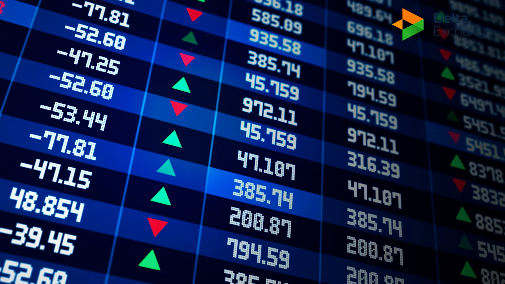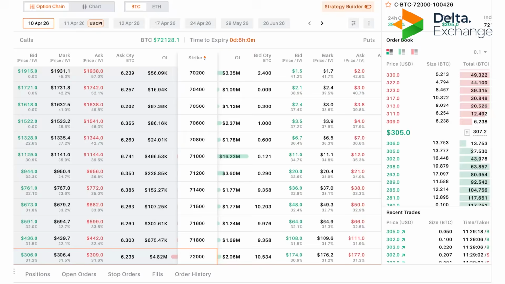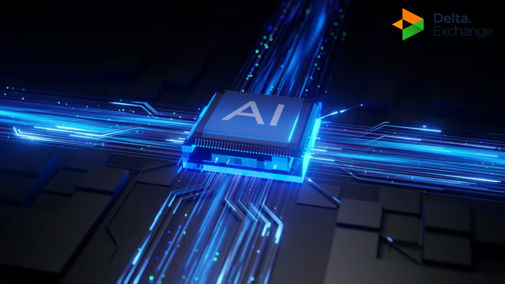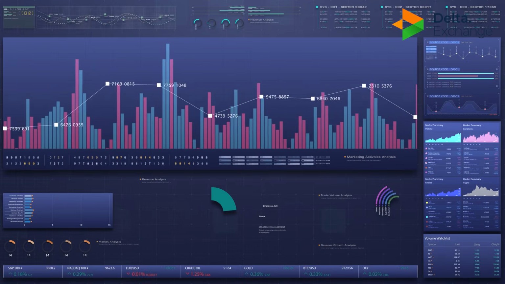For most of the crypto traders who specifically trade in options, even though there is a daily expiry, they could find it hard to execute it by manually placing the orders. So what if, using AI, we could build our own execution tool using which, with one click, you can automatically place a short straddle or short strangle, and all this creation of the tool is possible without writing a